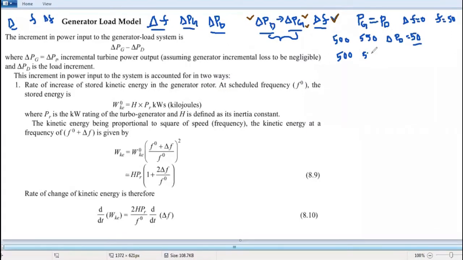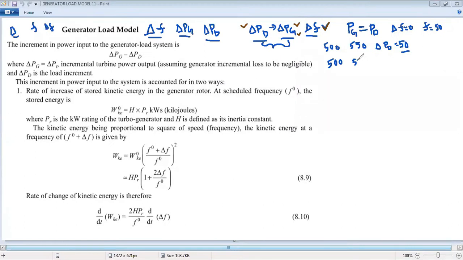When the load is increased, in order to meet the increment in the load, the speed governing action will be there. So there will be adjustments of the control valve, and input to the turbine will be increased, so that the output of the generator will be increased. During that process, because of a small extra increment in the control valve than the requirement, the output of the generator will be 560 megawatt, let it be.